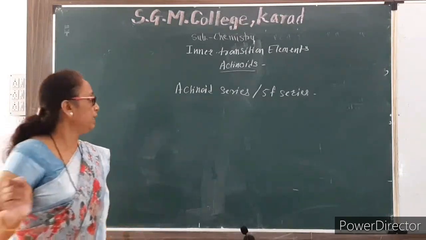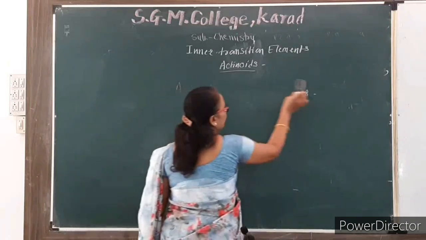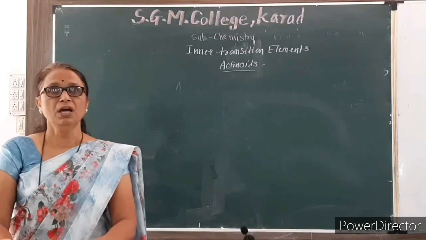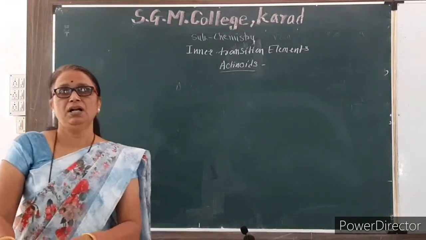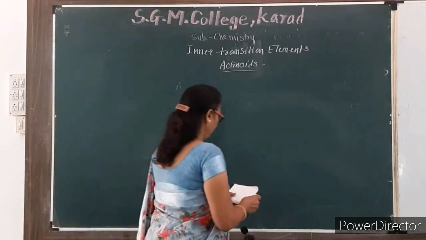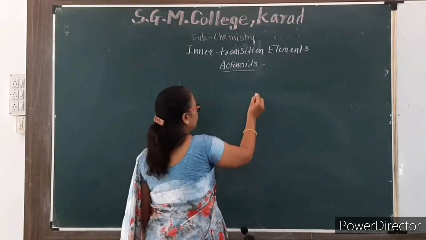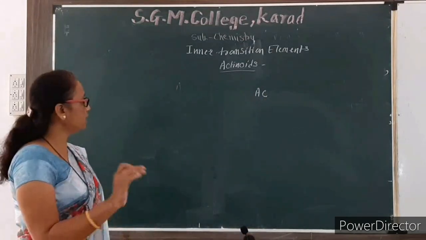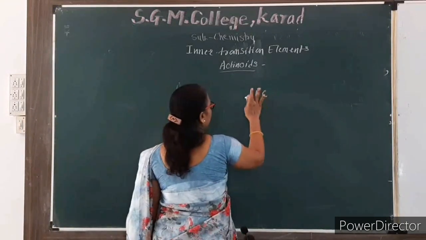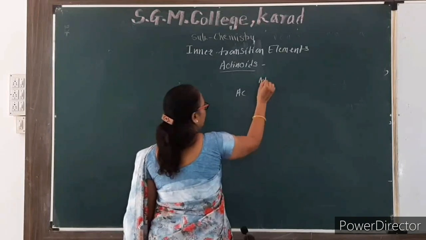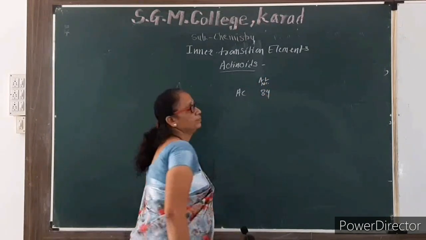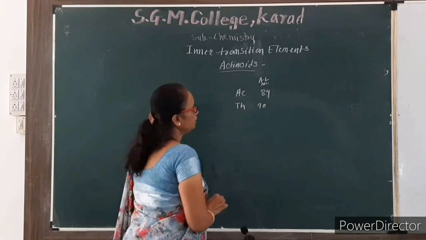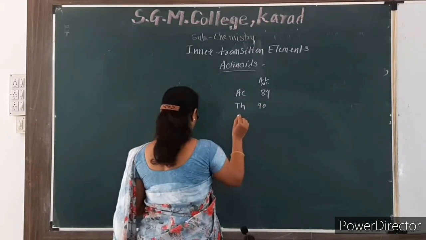Then the elements of the actinoid series. There is no necessity to remember the elements sequentially. But see, the first element is actinium. Actually actinium is not in the series, but its properties are similar, with atomic number 89. Second is thorium, atomic number 90. Then protactinium,